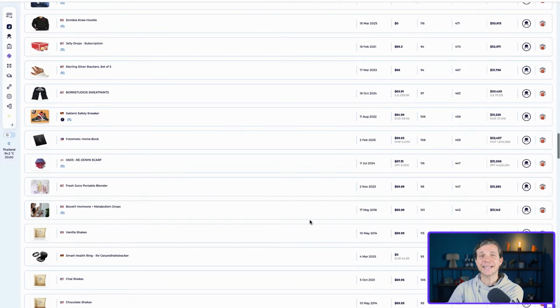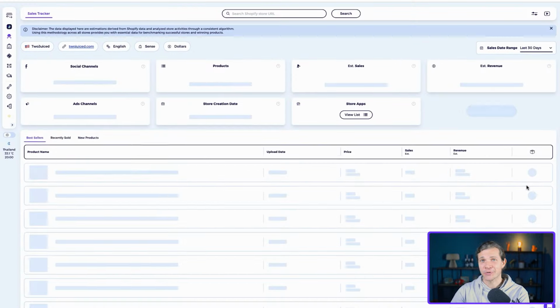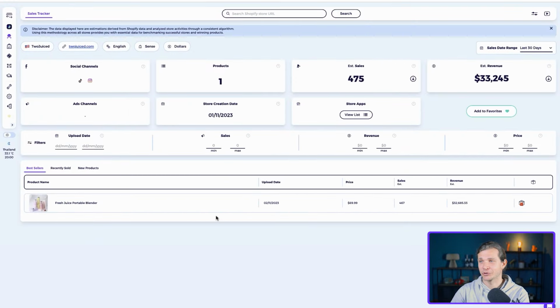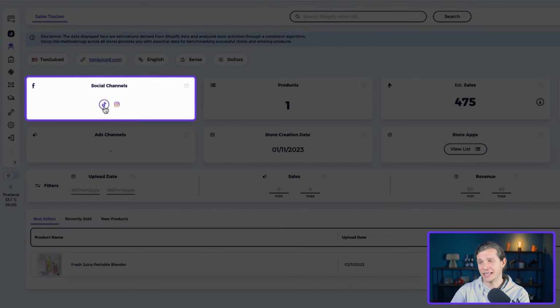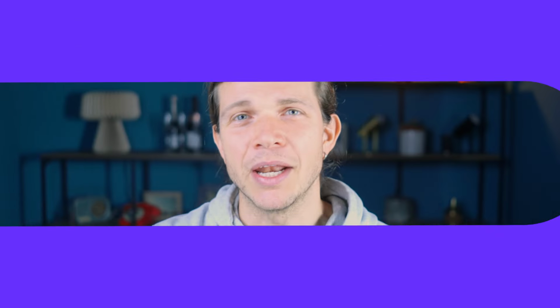Now, let's just take a look at the portable blender, because this one is also heavily relying on TikTok for traffic. I can verify this by clicking here on the TikTok icon, which takes me straight to the brand's TikTok page. And before I show you how to properly validate any trendy product from TikTok,